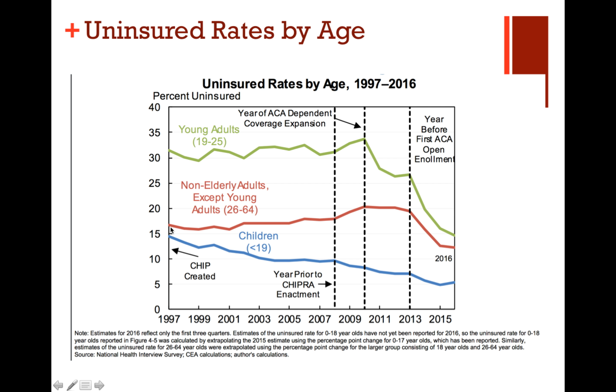Individuals aged 26 to 64, we measure it that way because remember at 65 you're eligible for Medicare, has consistently hovered between 15 and 18%. There was a slight increase between 2007 to 2013. A big chunk of that corresponds with the recession, so a number of people lost their jobs and were no longer eligible for employer-based health insurance. Again, with the mandate, that decreased.